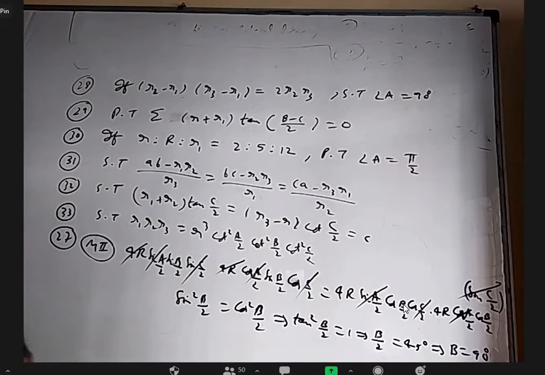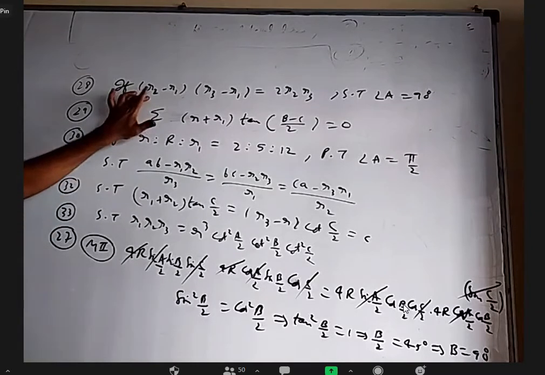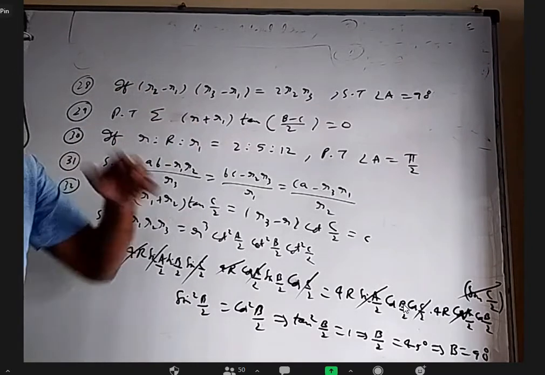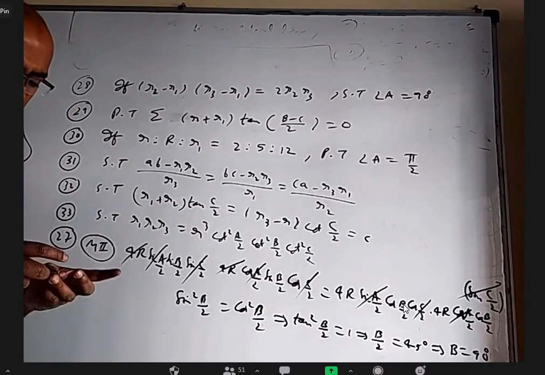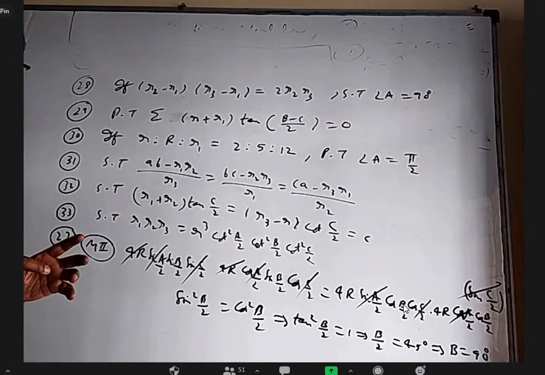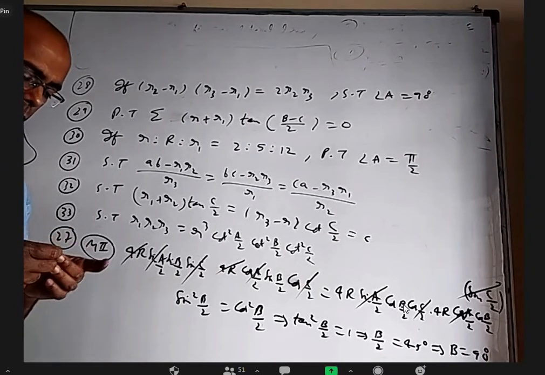Sir, R2 minus R1 is 4R cos square C by 2. Are you sure 4R cos square C by 2? Why? Because you'll get 4 capital R cos C by 2 common. You'll get sin A minus B by 2, not A plus B by 2. Isn't it? Yes, sir. Sorry, sir. Okay. R2 minus R1 is what you are saying. Okay.